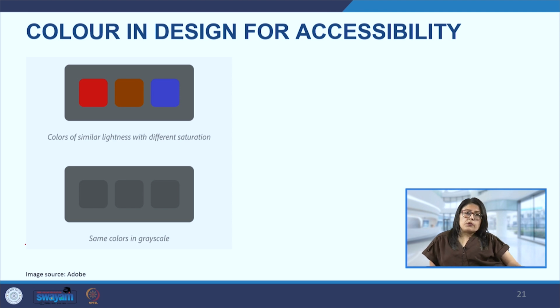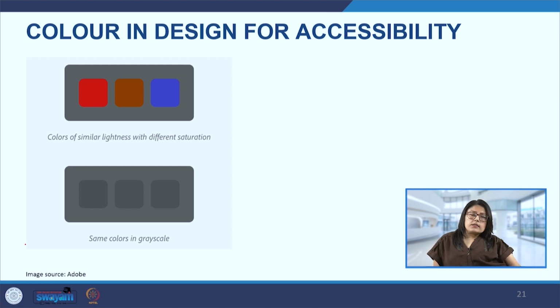Also, some other examples of good contrast are dark blue text on a light yellow background, or white or yellow text on a black or dark blue background. Maybe you can now notice our car number plates: cars have white plates with black text and taxis have a different colored number plate. That is because of the high contrast that they have. Also, we have contrast checking tools. These tools are available which can help designers see the ratio of the contrast that these colors have, so that they can take an informed decision. They may modify the colors if the contrast is not high enough.